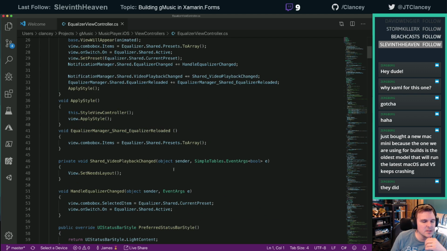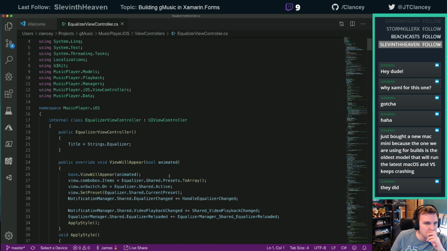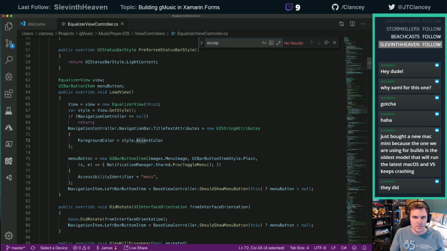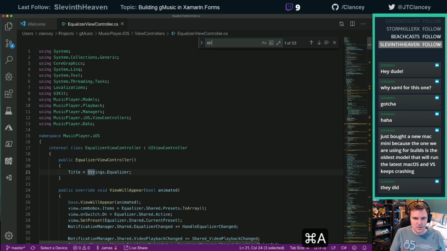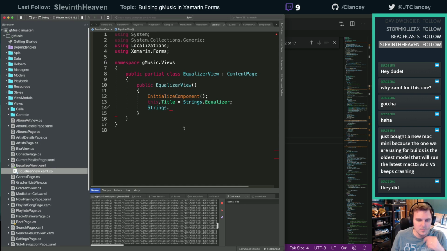So we have the equalizer view controller, and then this thing, all of them. Where does it get that? Strings.active. Okay. I was looking for accept. I don't know why I said the wrong thing. All right, so that is the value we need for here.